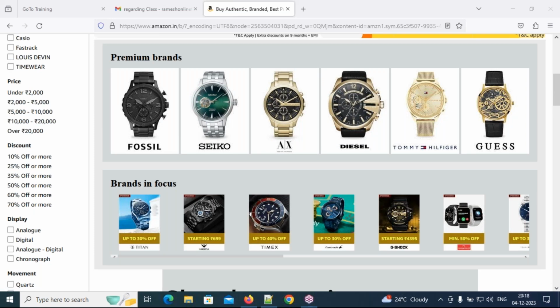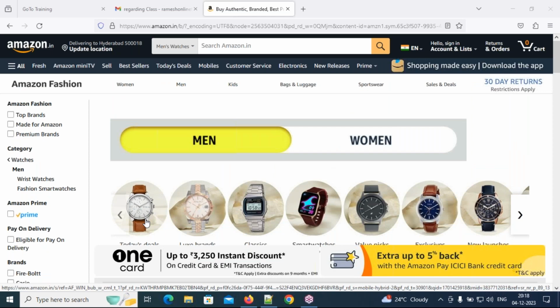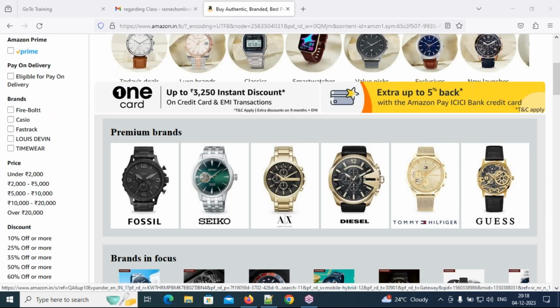Right? So whenever you are registering, what happens? They will store your information in the database. Understand, everybody? They will store your data in the database. So from next time onwards, whenever you want to purchase a new product or another product, they don't ask you to register again. They will ask you to only log in. Why? To track your information. Why do they need to track our information?